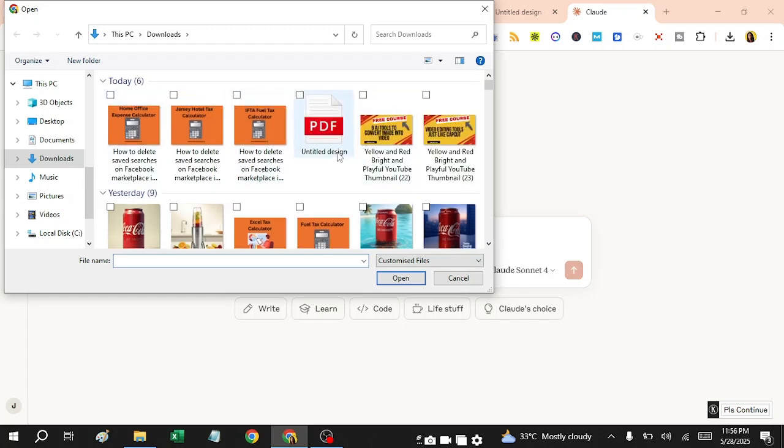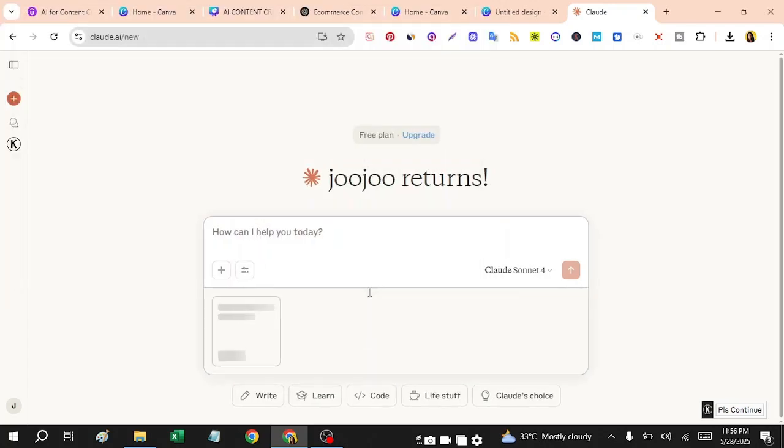From here you have to choose the file and then write a prompt.